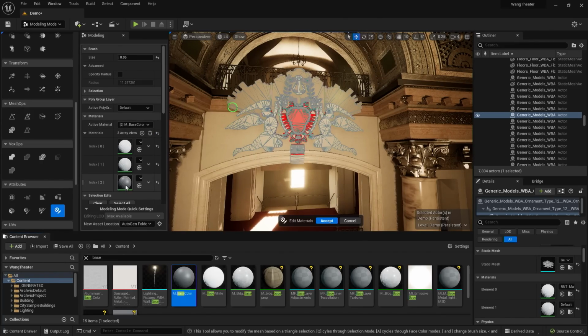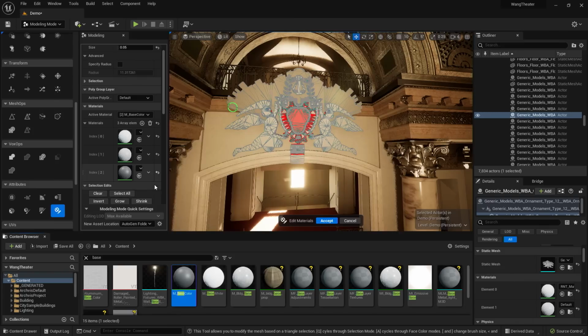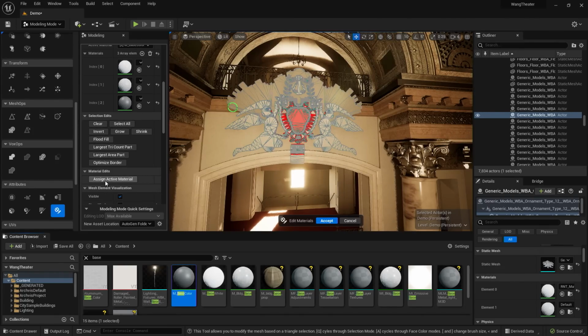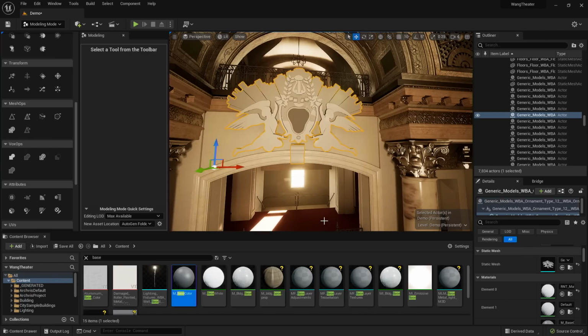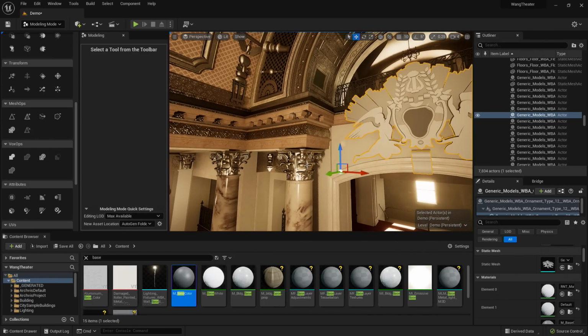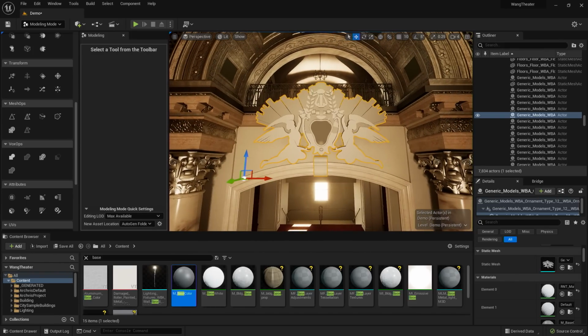So this material that we just added is now the active material, and I can scroll down and assign the active material to the geometry. So you'll see that it has indeed changed, and I can hit accept. Now there are a lot of different edits that you can do to your geometry. One of the things you might have noticed is that it actually softens some of the geometry on the columns. So let's take a look at how I did that.